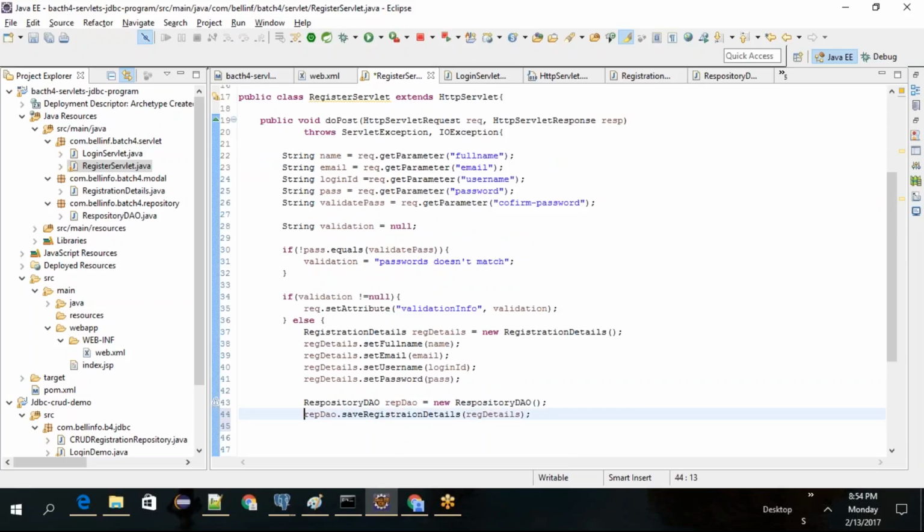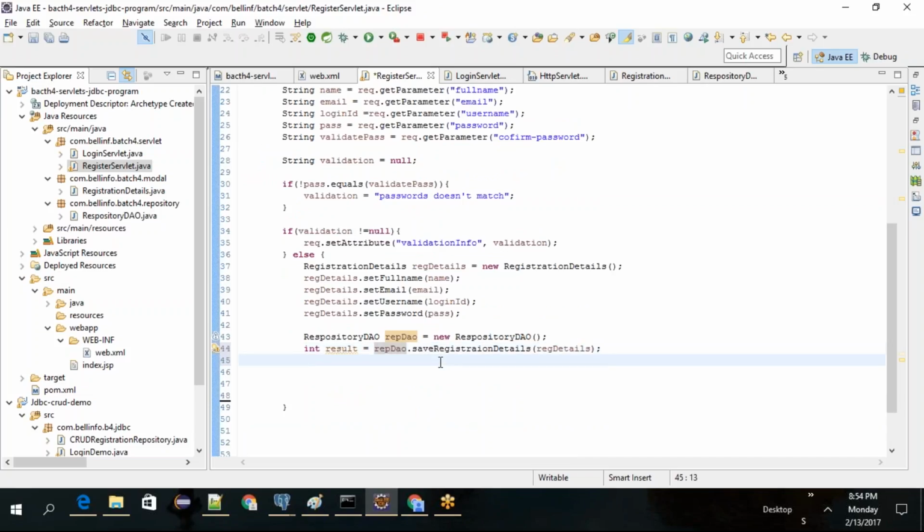So you need to take the value into int result, which repository.save registration returns, and if result is 1,